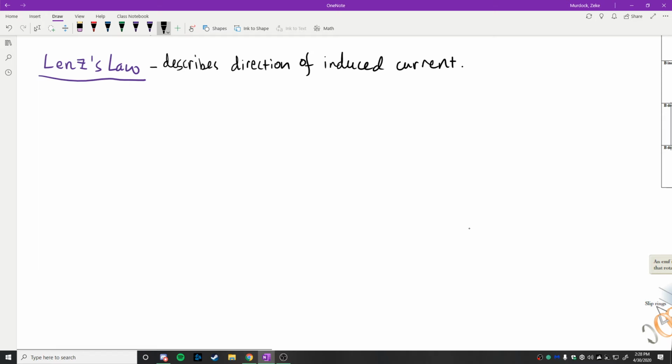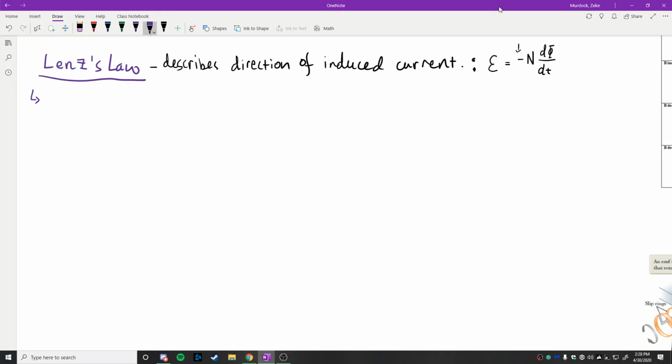Okay, and what it basically comes from is this negative sign that shows up in Faraday's law. This negative sign right here. That is Lenz's law, but it's difficult to understand what it means by just looking at an equation, and often you won't have an equation. So Lenz's law works like this. It says that